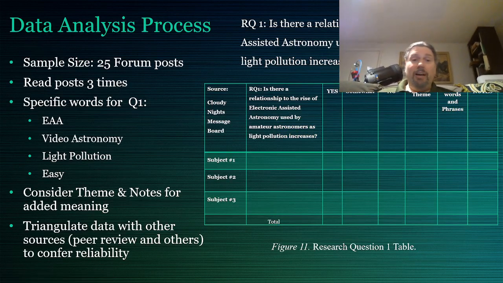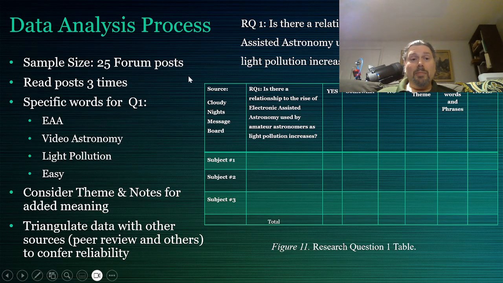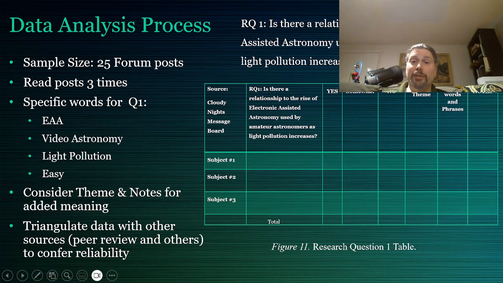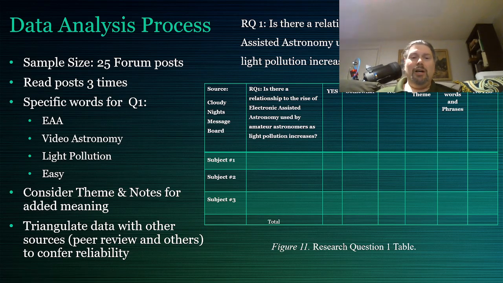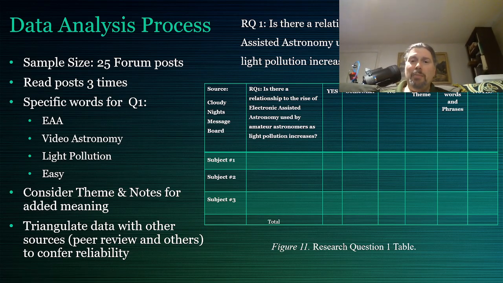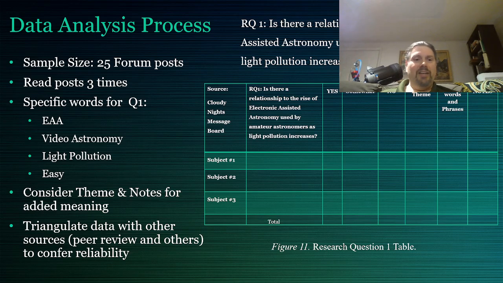So, data analysis process. Our first research question is the rise of electronic assisted astronomy used by amateur astronomers and light pollution as light pollution increases. So we're looking for, again, 25 posts. We're reading each post 3 times. The reason for that is you might be able to glean more information the more you read it, and get better context. Looking for specific words,